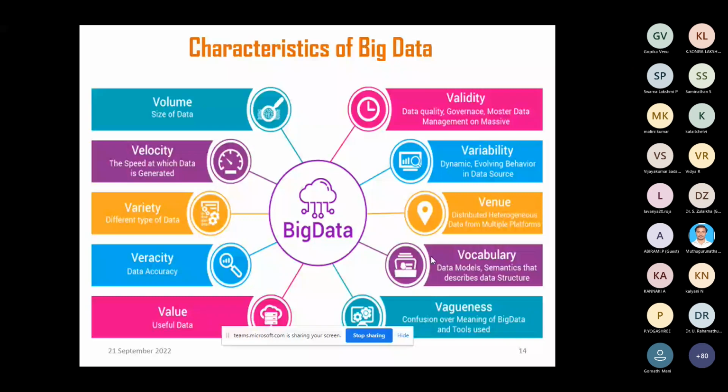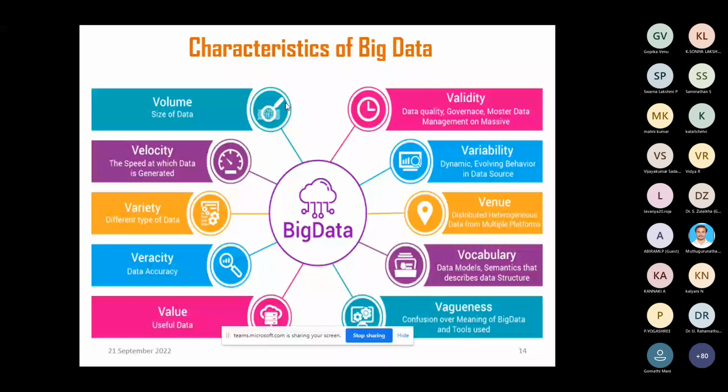Now this 5V model has evolved to this 10V model, and of course data scientists and researchers are also thinking about how to evolve the V characteristics model further from this, and that is also taking place in research. Besides this 10V model, they are also looking to add a few more components into the V models of big data.